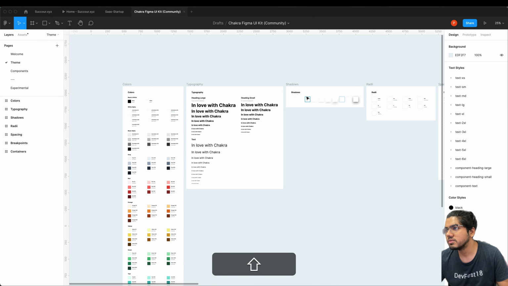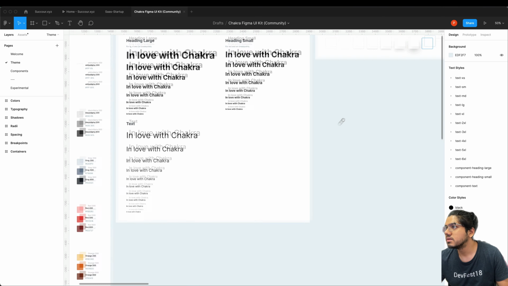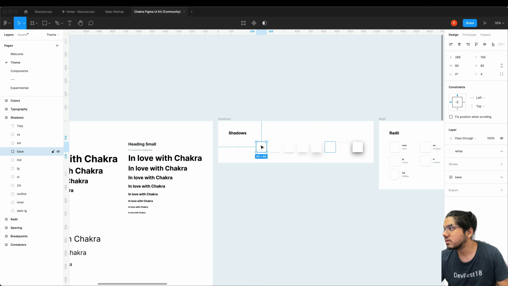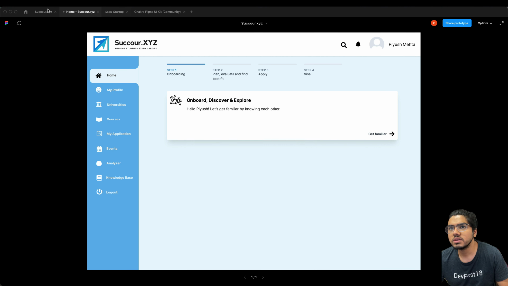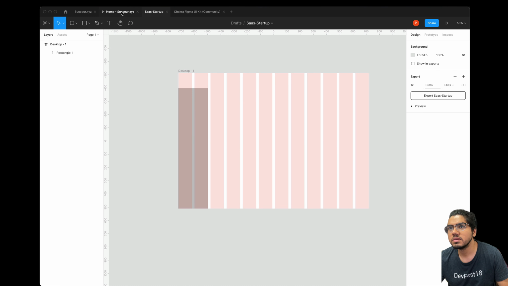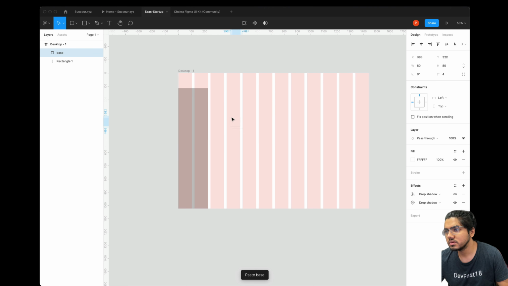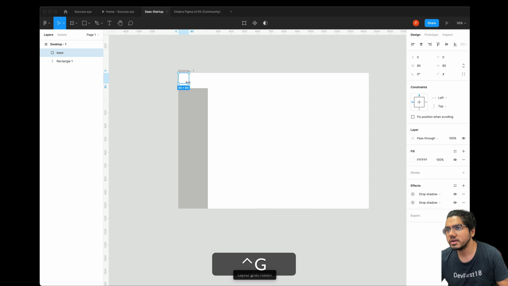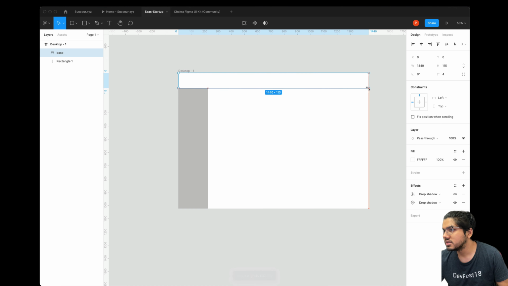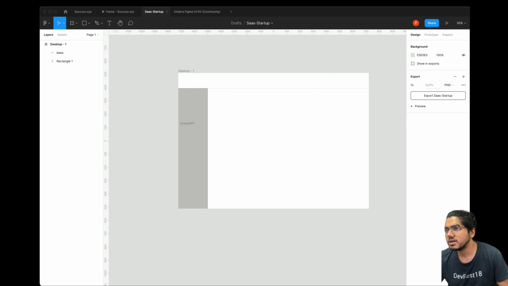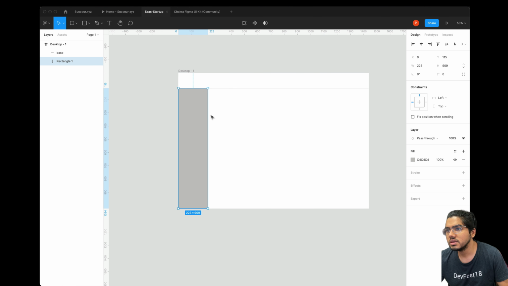Okay, you can see here we have shadows, so this will be helpful in making the nav bar. I think this will work. So I'll press Command C and copy it, and I'll paste it on my board. So you can see right now it's not completely visible, so I'll hide all the grids. Now I'll spread it to the whole desktop. Now my nav bar is also available, and even the sidebar.